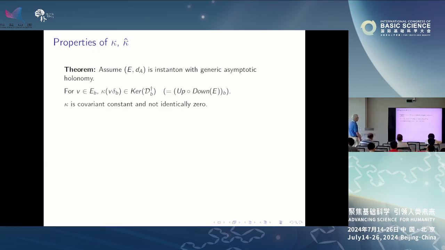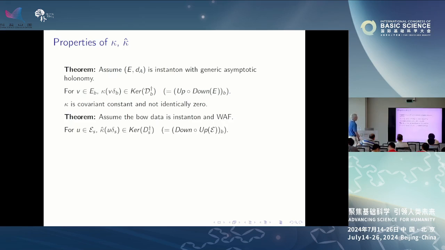And that kappa is in fact covariant constant and not identically zero. So we get the corresponding theorem. On the bow side, if we assume the bow data is instanton and without abelian factors, then if we do the same thing, the kappa hat map maps us to elements of the kernel of the Dirac operator on multicentered Taub-NUT. So we get an explicit way of constructing solutions, elements of the kernel of the Dirac operator,